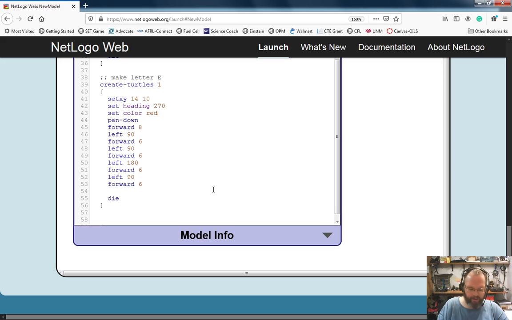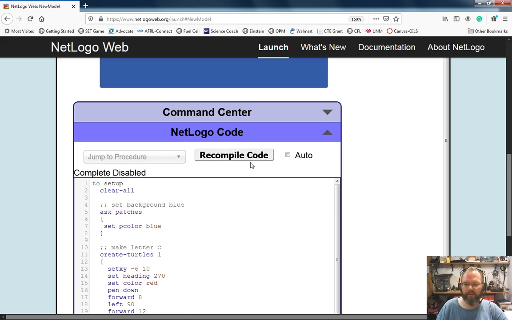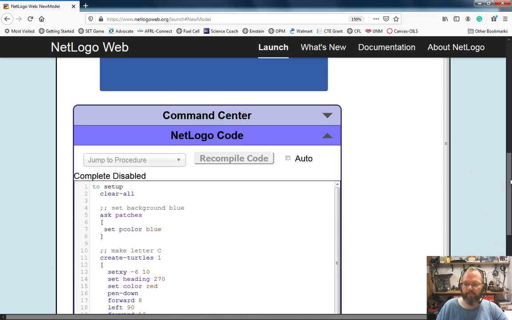Then my next one is left 90, and then forward 8, and hopefully that will work. We will see. Compile code,